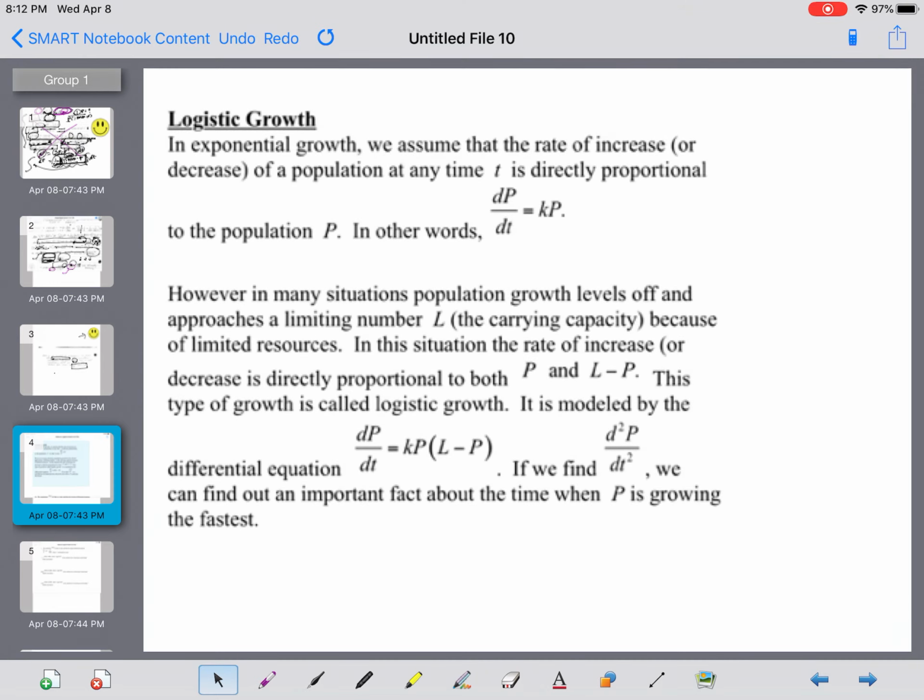Logistic growth. All right, logistic growth is usually thought of as something that levels off. But if your limiting factor, that's your horizontal asymptote, your limiting factor, is